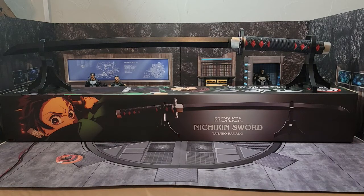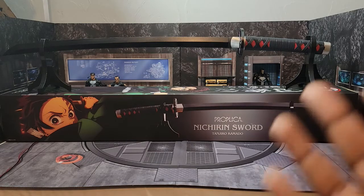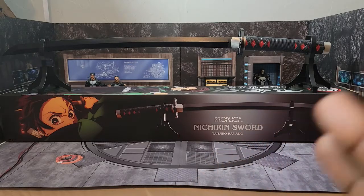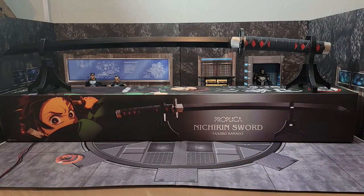I actually also do like the stands. Now they are pretty plain, and they're just straight plastic, and it just comes in 4 pieces. You just snap them on the bottom, and then boom, you stand it up, and then you put the sword into it on this display. Talking about the actual sword, I love the jet black. It looks really good. I love the guard. I love the handle. They did a pretty good job with hiding the buttons because the reason that this is a premium figure, the main reason why I think this